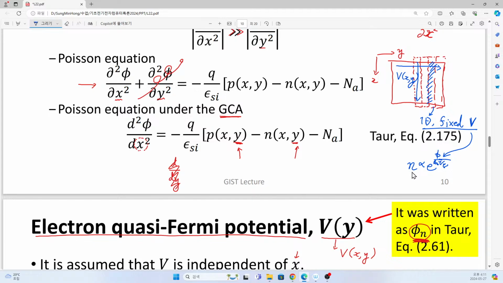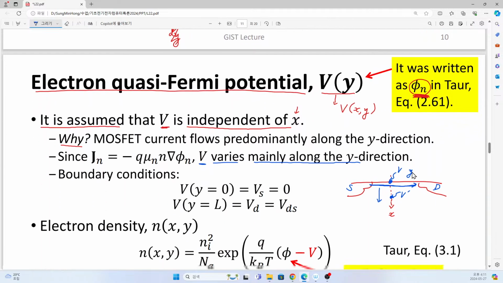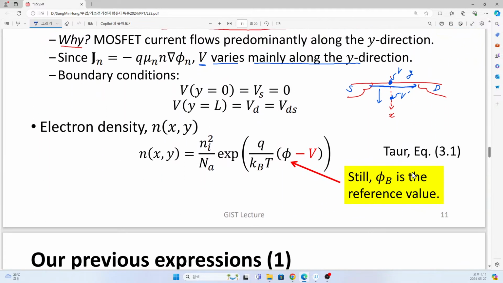We will use this information in our derivation. Yes, as shown here, electron density is just proportional to the exponential of electrostatic potential. Of course, here we have an offset, and this offset is given as